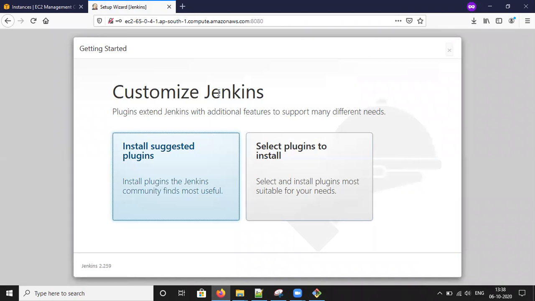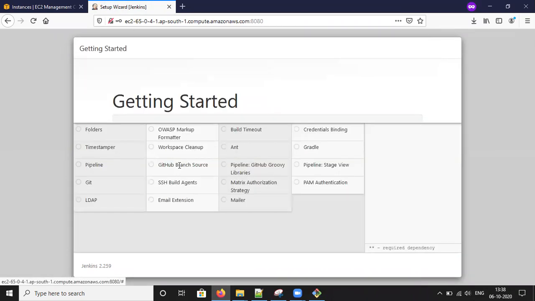Before that, we need to install the suggested plugins. Click suggested plugins. It may take a while for installing the suggested plugins. Need to wait for some time.